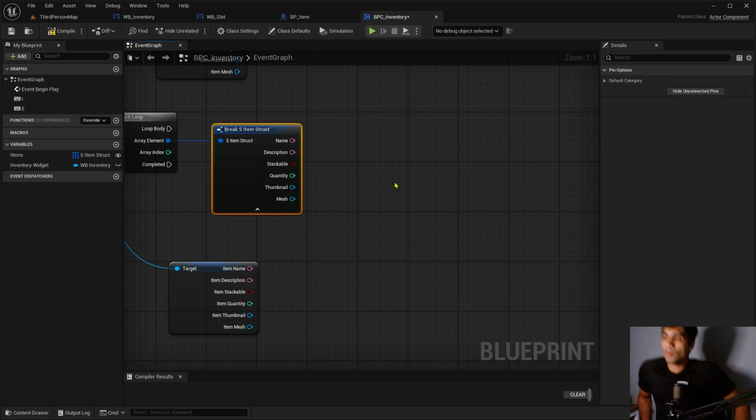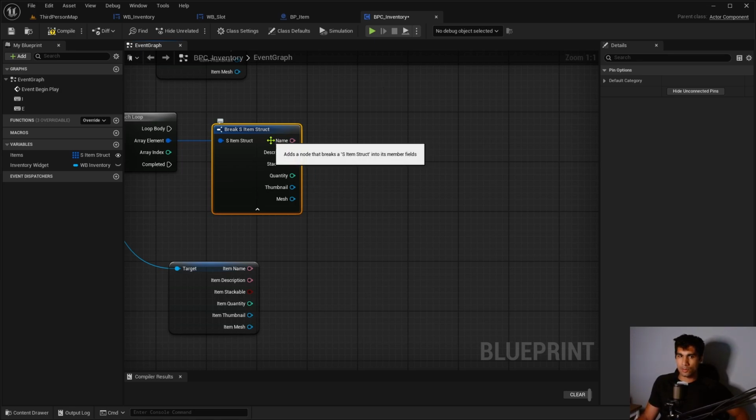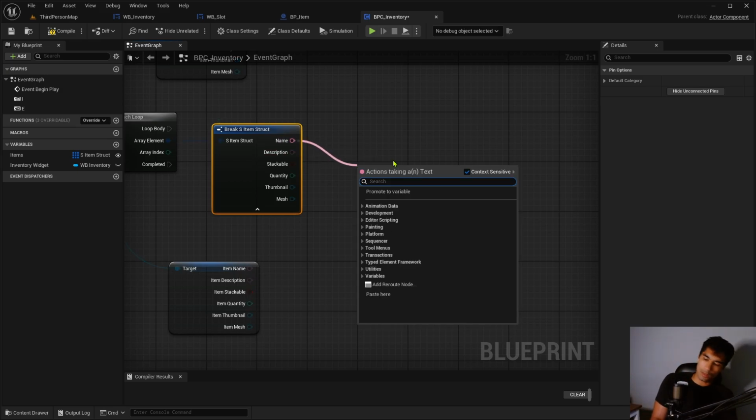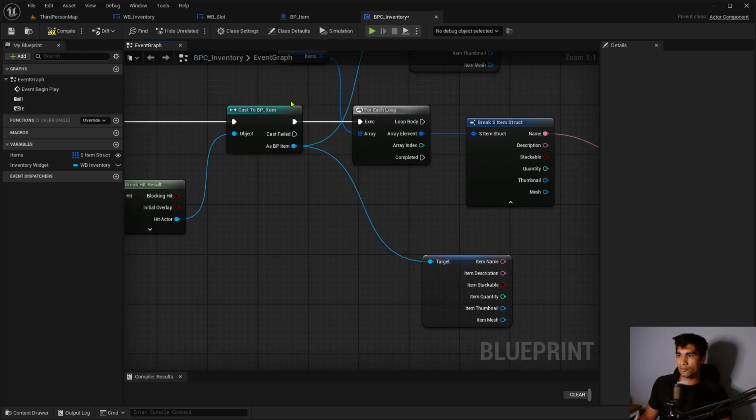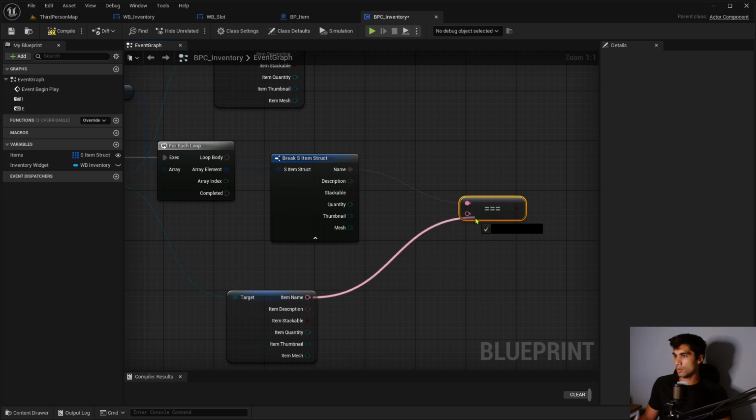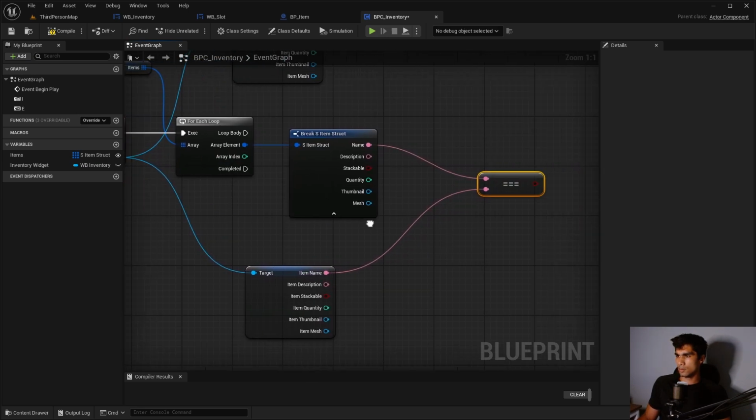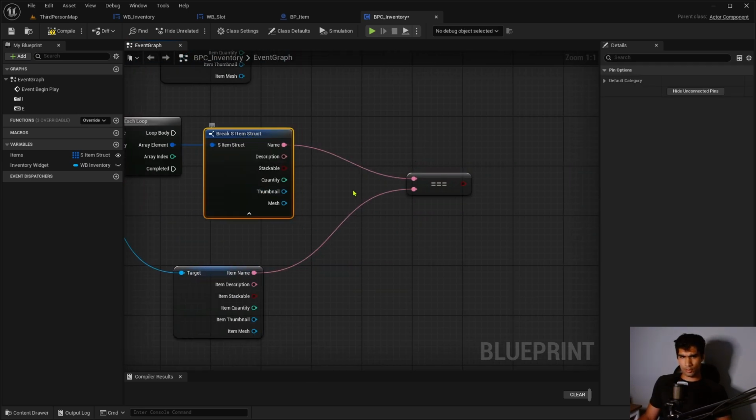And if it is stackable, we want to make sure whatever the maximum quantity we want to put in there is. And then we want to add the things together. So if the name is equal exactly from the thing that we're taking to this one, if these are equivalent,